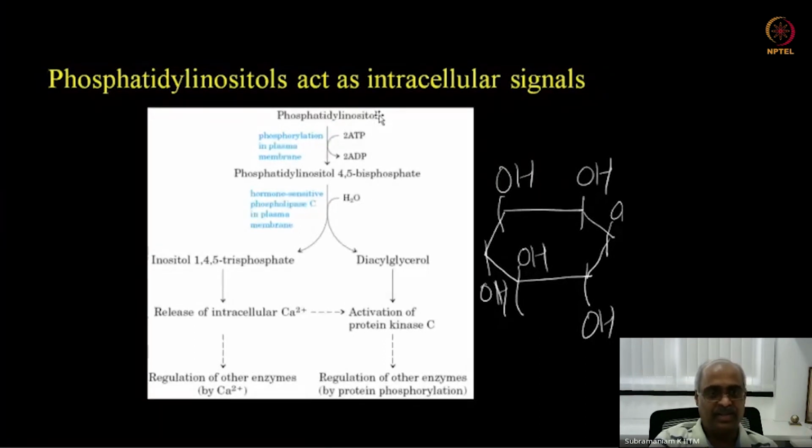The inositol moiety can be phosphorylated twice by transferring from ATP. So this will be ATP phosphatidyl inositol phosphotransferase. That will be the name based on whatever we learned about naming enzymes. Remember, the enzyme commissions 4-digit names. And this molecule, produced in response to extracellular signals that bind to specific receptors on the membrane, can be hydrolyzed